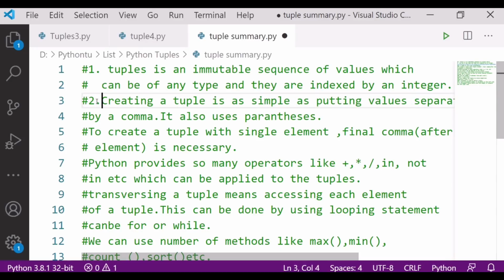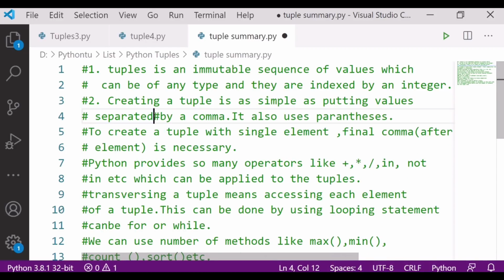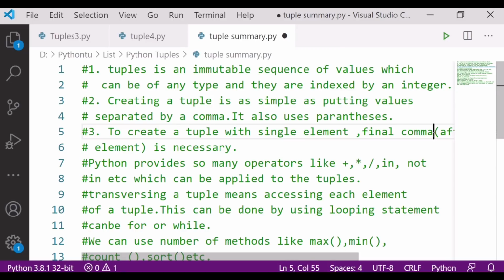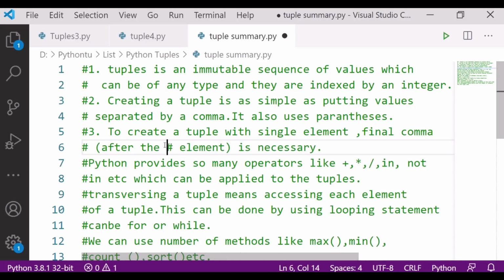Number two, creating a tuple is as simple as putting the values separated by commas, and of course it also uses parentheses. Third, to create a tuple with a single element, a final comma after the element is necessary. We simply cannot write 1 in brackets; we have to write 1 then a comma if we are creating a tuple with a single element.